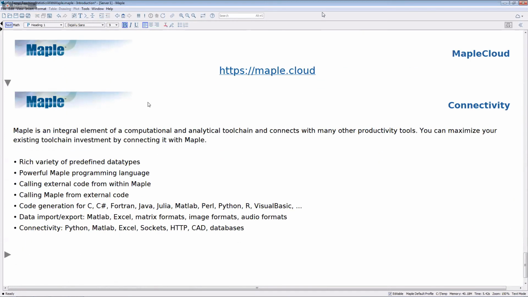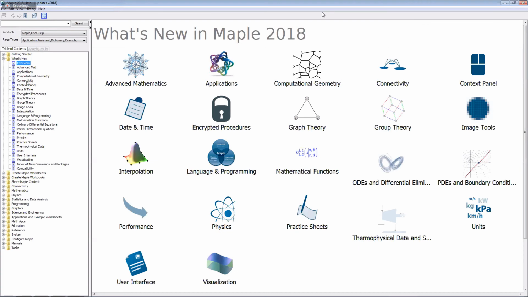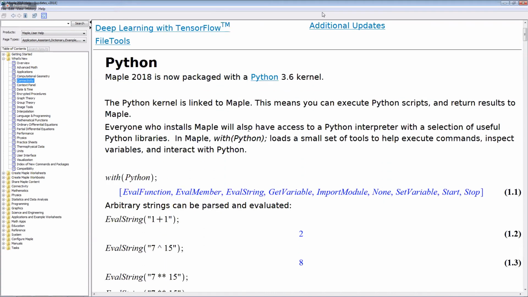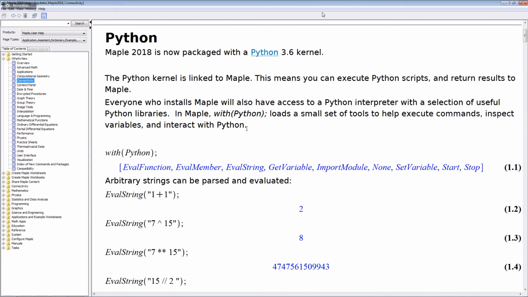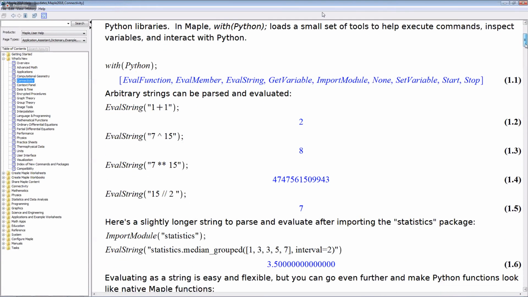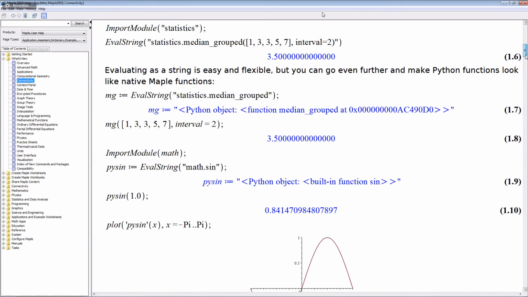There's two new things I want to show you. One is a new tool within Maple 2018. We've got a connectivity here. And Maple 2018 actually now even features a full Python kernel. So you don't even have to step outside of Maple. You can use Maple language and then use the Python package inside of Maple to just pass structures back and